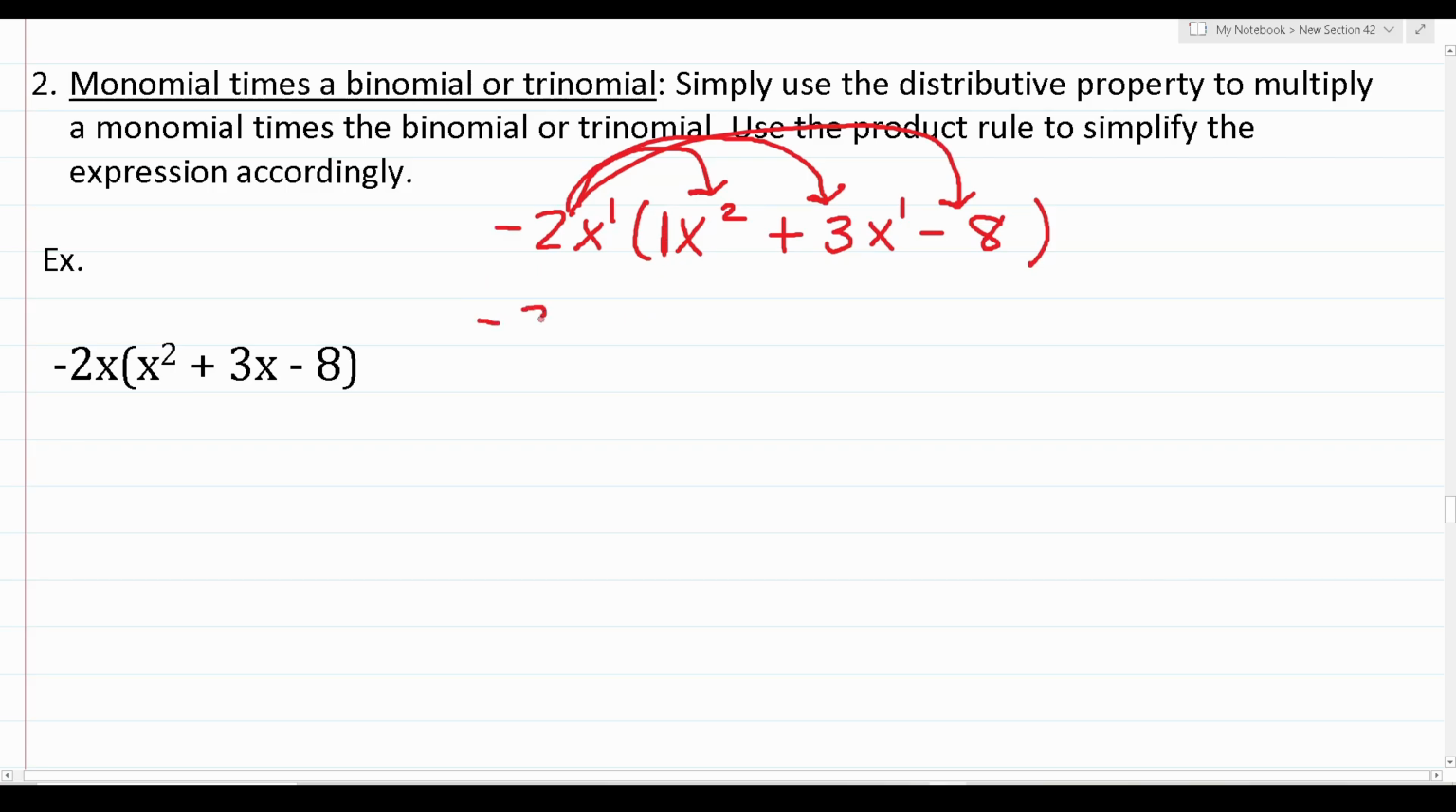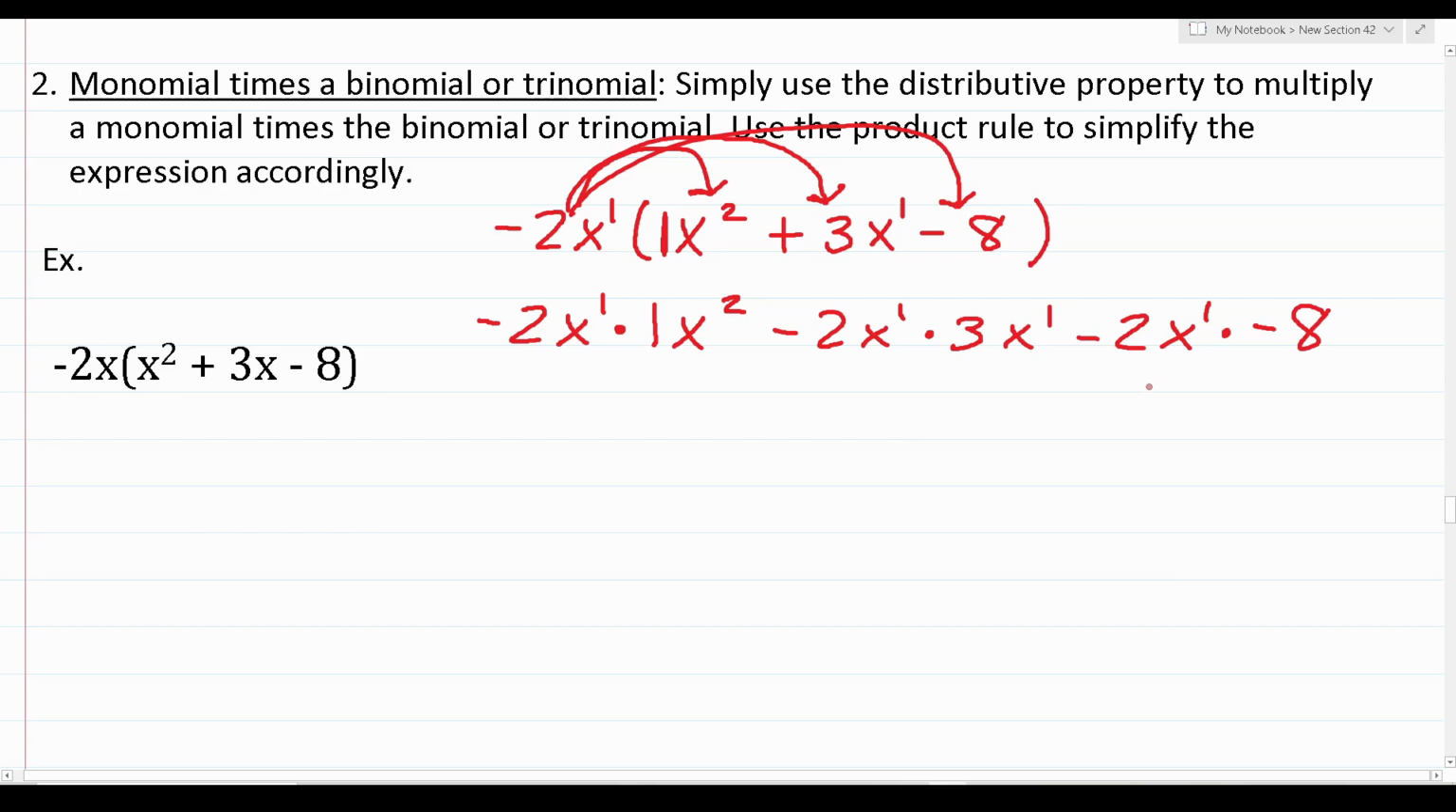We have negative 2x to the first times 1x squared minus 2x to the first times 3x to the first. And then finally, we have negative 2x to the first times negative 8. All right, now that this is expanded via the distributive property, let's go ahead and use the product rule accordingly